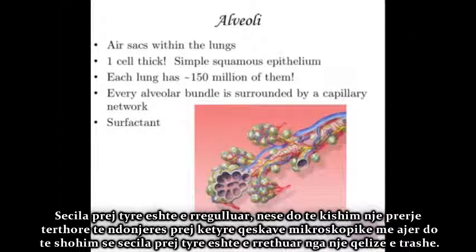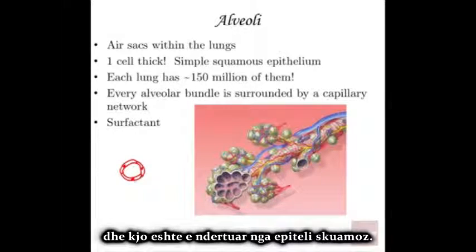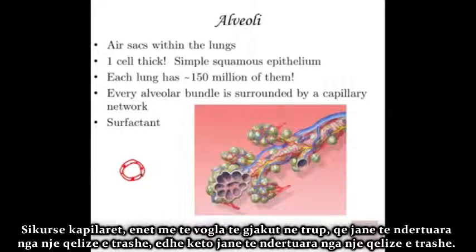So if you take a cross section through one of these microscopic air sacs, you would see that they're all just surrounded by 1 cell thick. And so here's 1 cell with a nucleus, 1 cell. That's a single alveolus, and inside there, that's the lumen. That is the space where air can travel into. And this is made of simple squamous epithelium, which came up in that tissues lesson from before. Just like capillaries, the smallest blood vessels of your body, being 1 cell thick, these are also 1 cell thick.